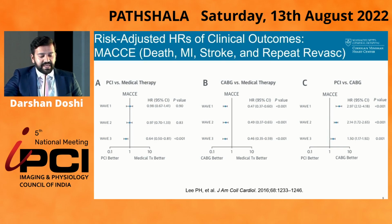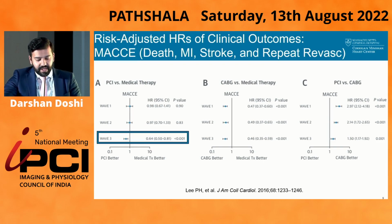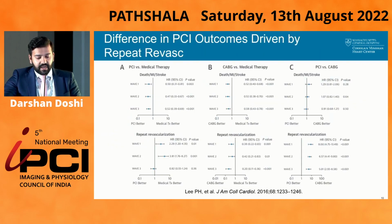However, when you look at PCI versus medical therapy, it's only been in wave 3 that we've improved for MACE, where we are unequivocally better than medical therapy. And so if you look at the first 2 waves, there are no major differences. Now, the main reason that the MACE difference is not the same between CABG and PCI is mainly driven